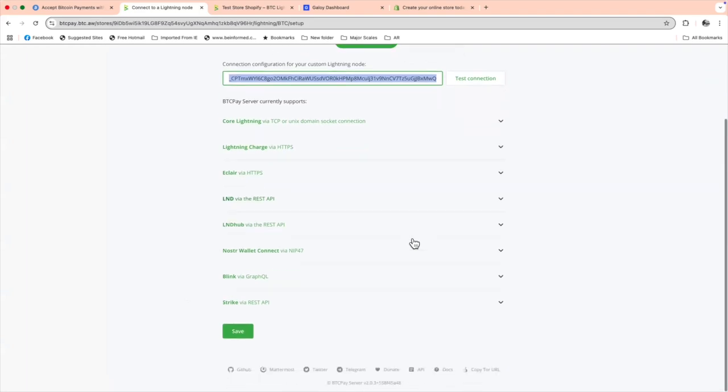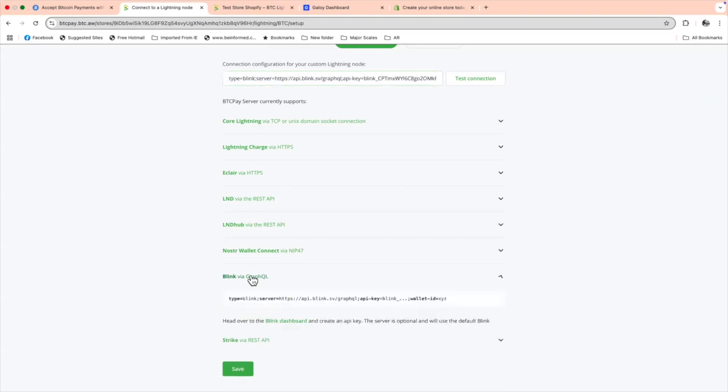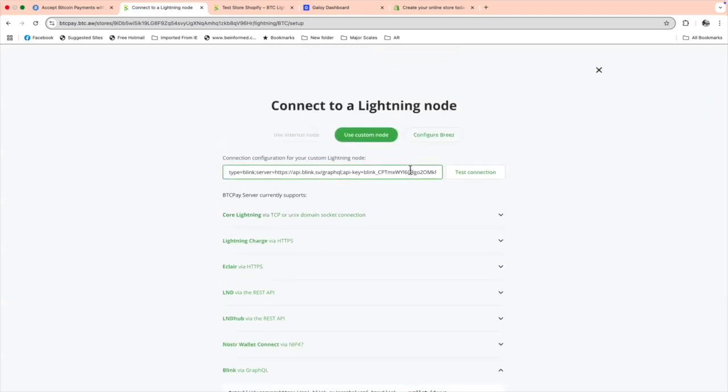If you go down and you go to Blink via GraphQL, you see that there is another string here that we can use. We can take this part until the equal. We can copy this and we go on top and we go to the end of the string